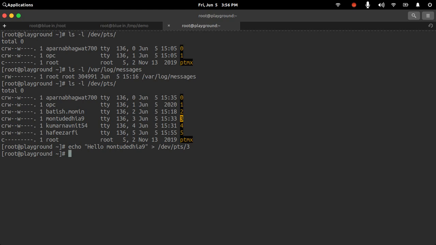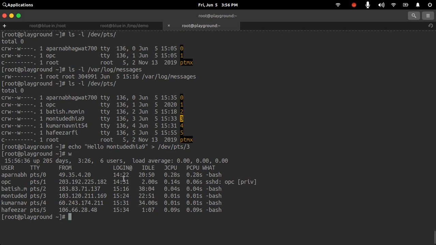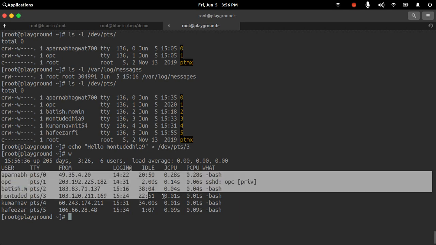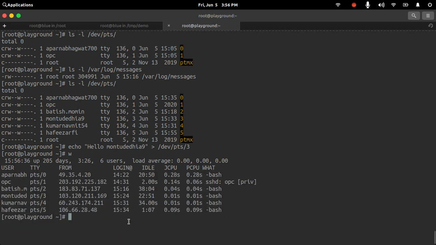And also one way of checking how many users are logged in into the system, you would use the w command. So the w command is used to check which users are logged in into the system. So if you check w, these are the currently logged in users on this particular computer, and I have a total of 6 users. And if you want to check who you are, whoami, then you would get the currently logged in user.